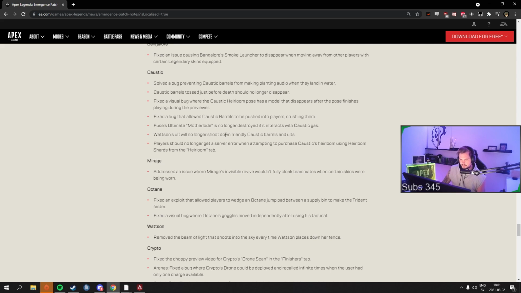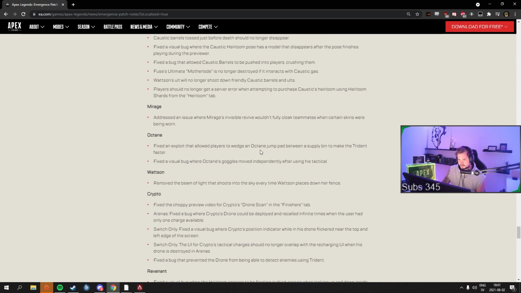Also notice will no longer shoot down friendly caustic barrels and ults. That's a good change. You couldn't even play caustic with Watson for a while. Players should no longer get a server error when attempting to purchase the caustic heirlooms using an enemy charge from the arrow tab. Mirage. There's an issue where Mirage's invisible revive wouldn't fully cloak teammates when certain skins were being